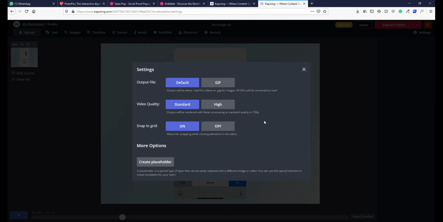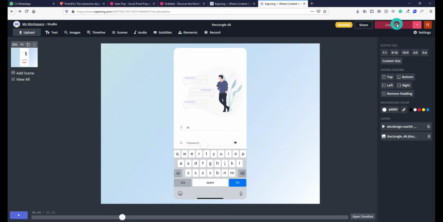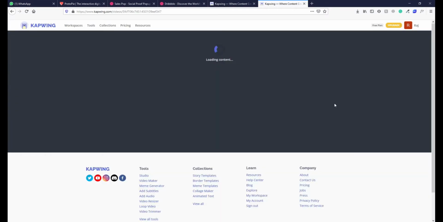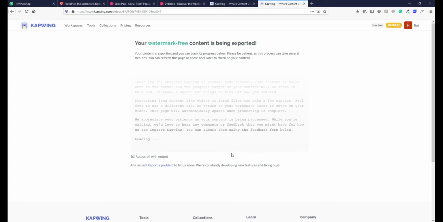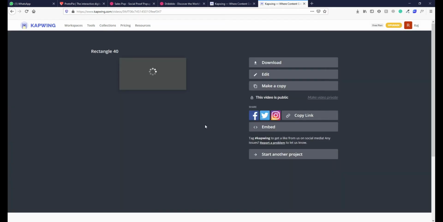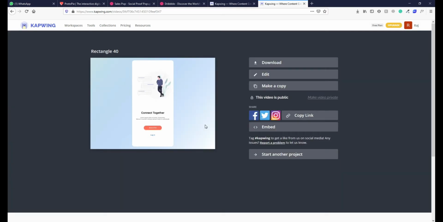If you want a 1080p video, then you should make an account on their website, and then you will be able to upload it in 1080p quality. So you can click on export, and it will start exporting, and our file is ready and you can download it by clicking here.